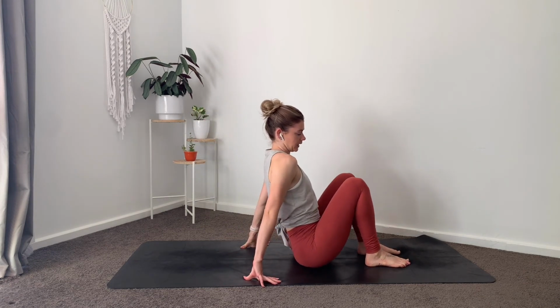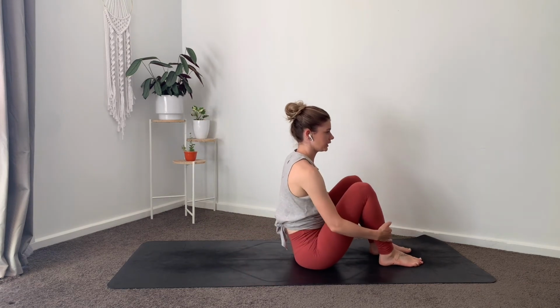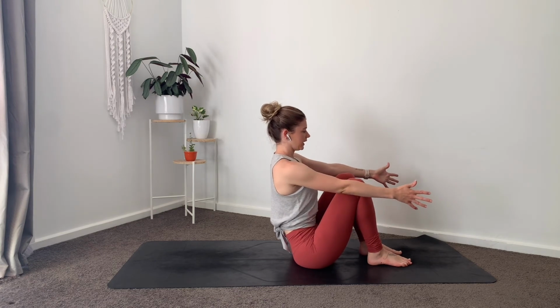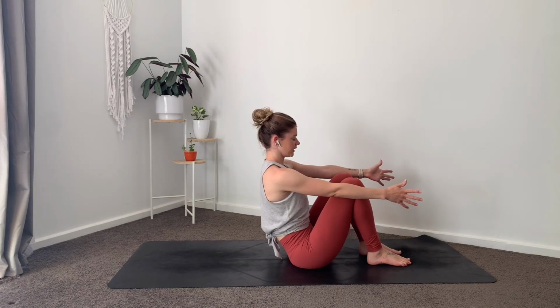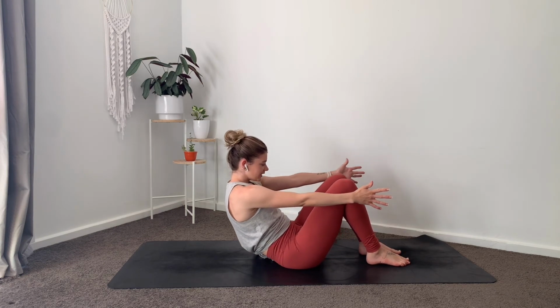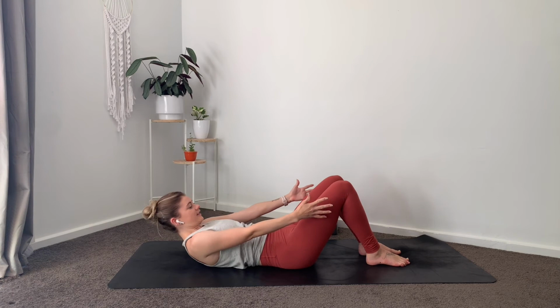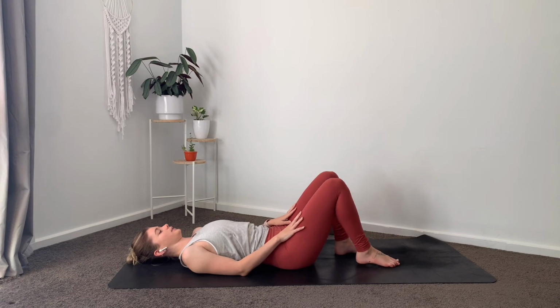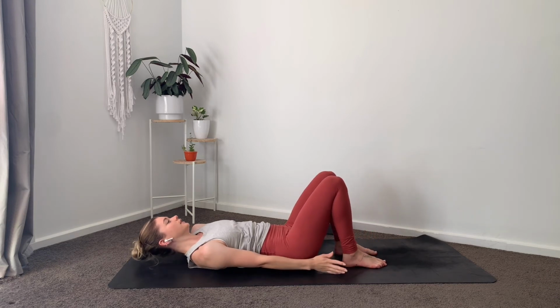planting your feet. I'm just going to move a bit further down because we're going to come onto our backs. So feet are hip width apart and we're going to lower down. So using our core. So lower, nice and slow, all the way down. So keeping your feet hip width apart, just bring them a little closer so you could kind of just brush